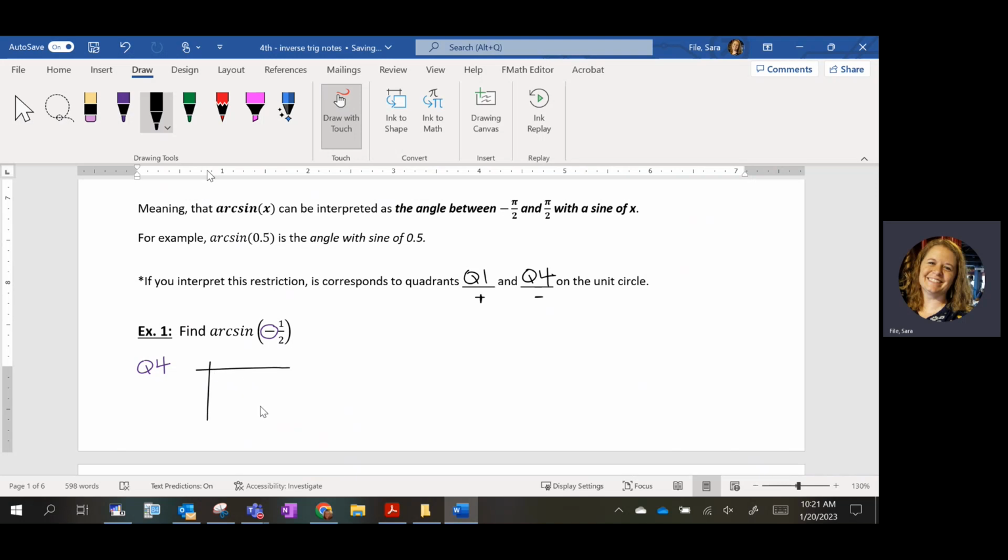I'm just doing this to teach you what we're thinking, what you should be picturing in your head. You should be picturing quadrant 4 and asking yourself, at what angle is sine -1/2 in this quadrant? But the 1/2 reference angle, if you remember your reference angles,